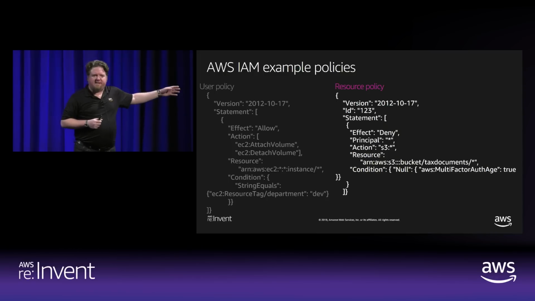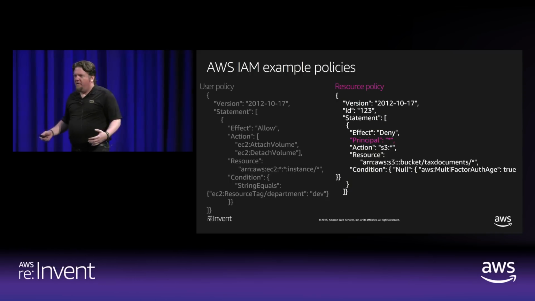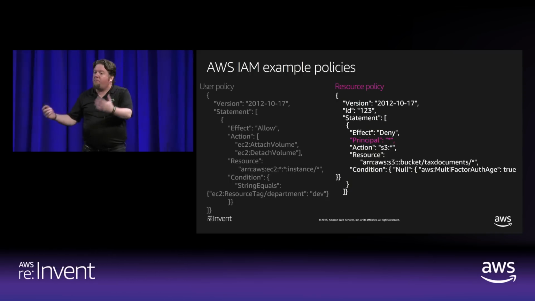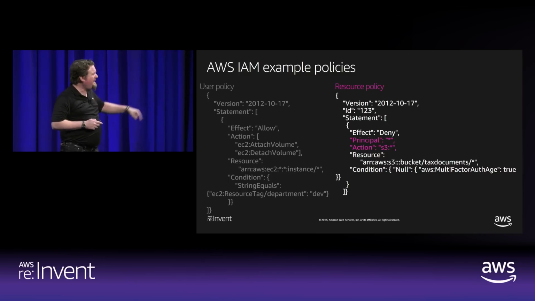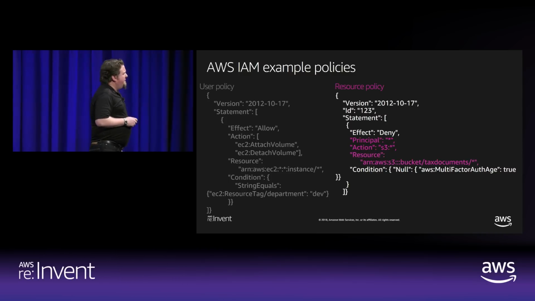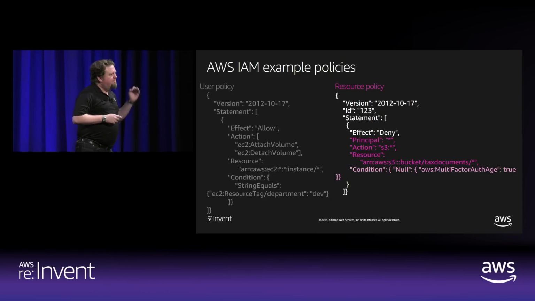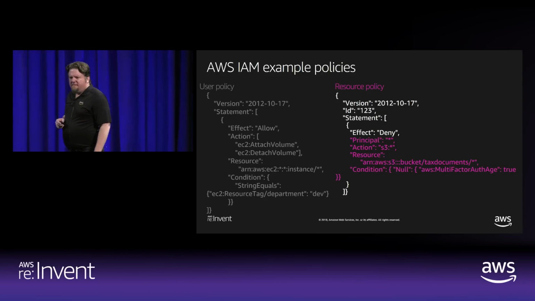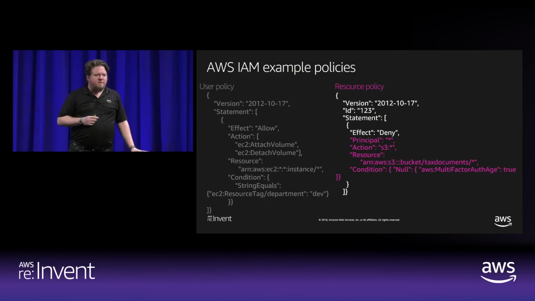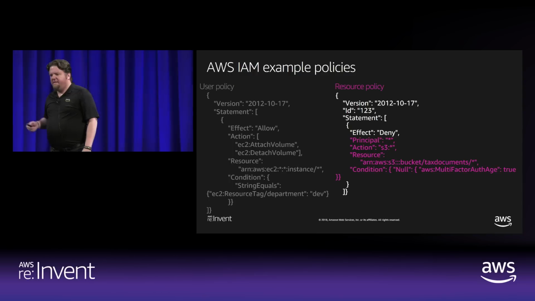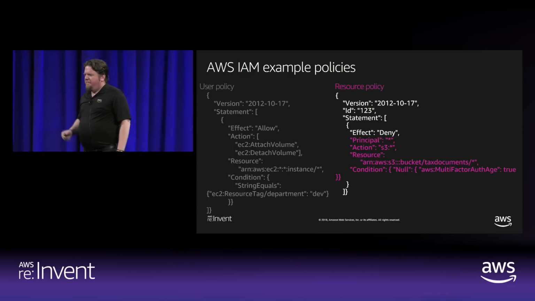If you make a call to S3 for any operation, for any principal, no matter who you are, no matter what policies you've been given, no matter what permissions you've been given, if you're going to interact with this resource that has this policy on it, for that particular prefix, you must present a multi-factor authentication during the call. Doesn't matter what other privileges you have. I could give you all the explicit allows on your identity. This policy protects this resource very specifically.